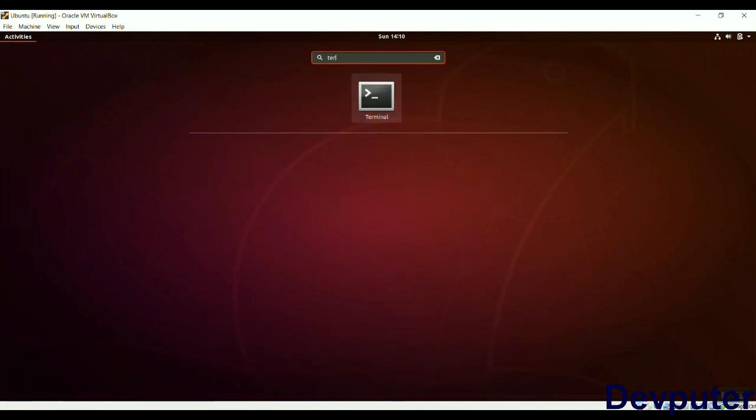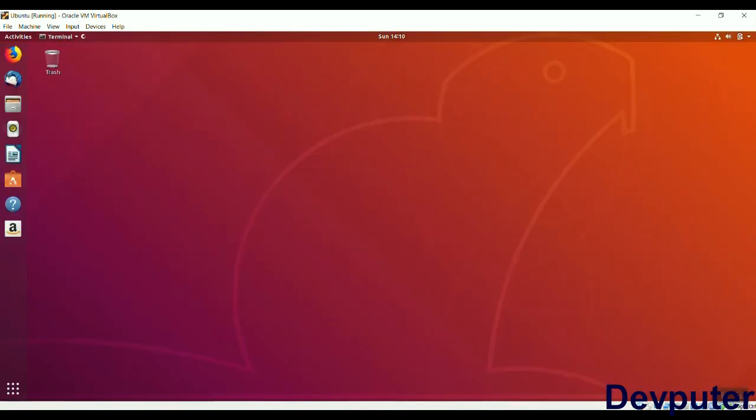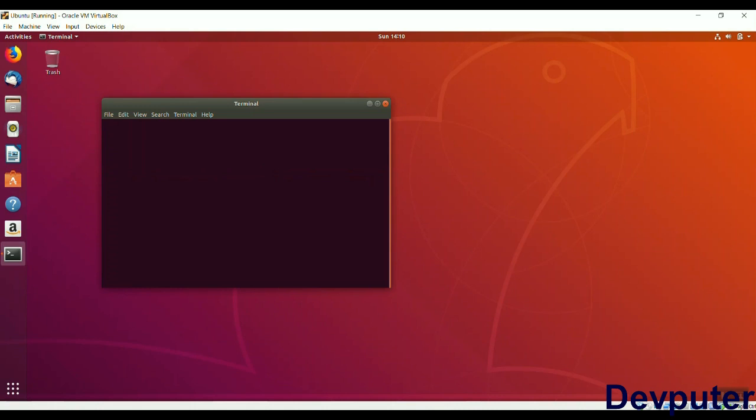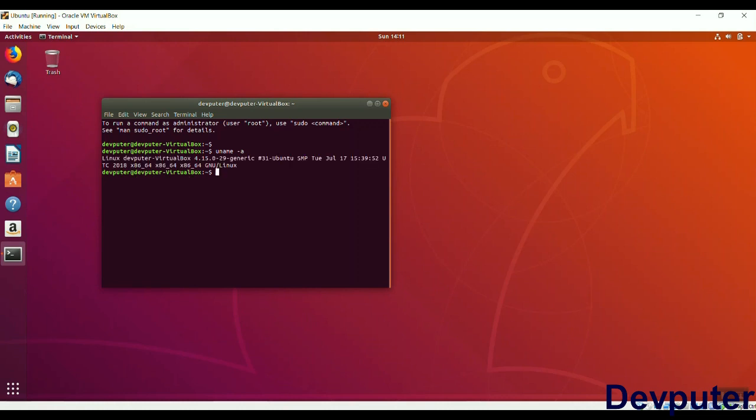We can select all the applications from here. Let's say we want to open our terminal. Okay, so by clicking here, a terminal will open here. Okay, so here if you want to check operating system information, so uname -a, so it will give Linux Ubuntu, okay, and 64 architecture,